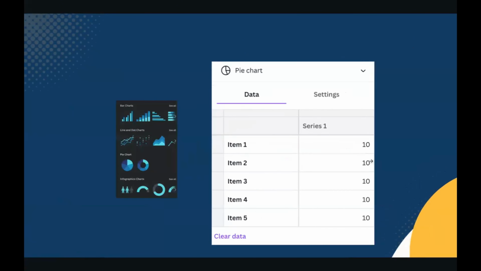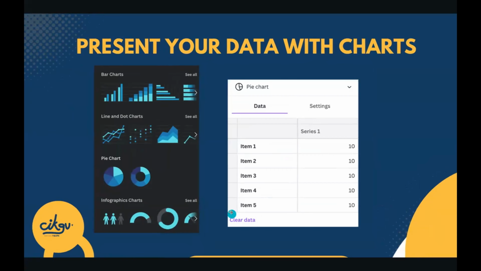So how do you do this? There's a lot of information, infographic charts, pie charts. There's a lot of designs going on here. You just choose any charts that you want that resembles the most, that can present your data and information. And then immediately on the sidebar,